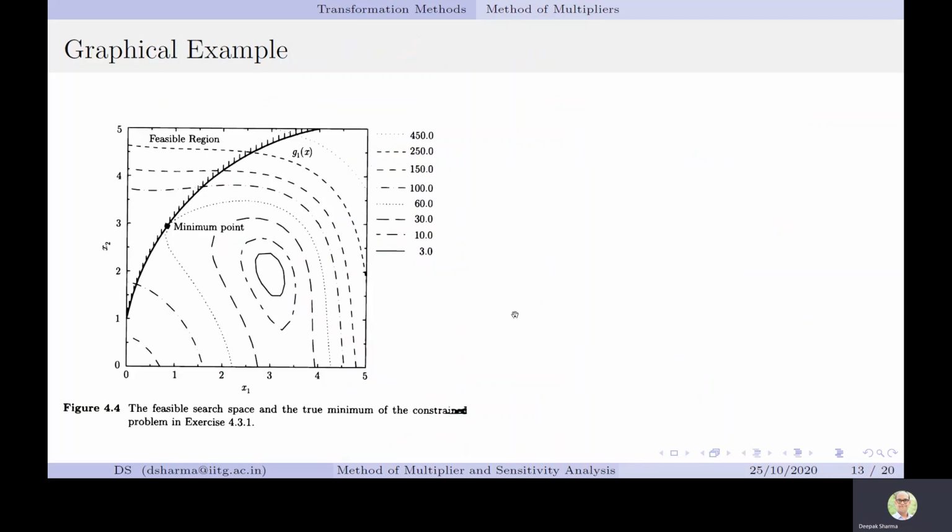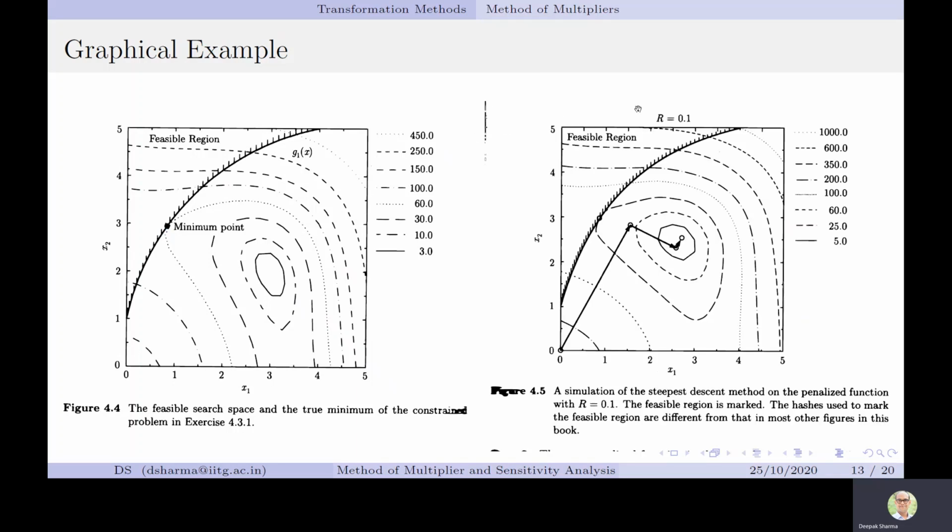So let us understand this particular method graphically because there are certain claims about the method of multiplier. Now we know that if there is no constraint for the Himmelblau function, the optima is at 3 and 2. But because of the current constraint, the optima has been changed to the minimum point, as you can see in the figure. We started with the same constant value of R, but sigma value was 0. When we are minimizing it, we started with 0 and 0, we get the first point x1.